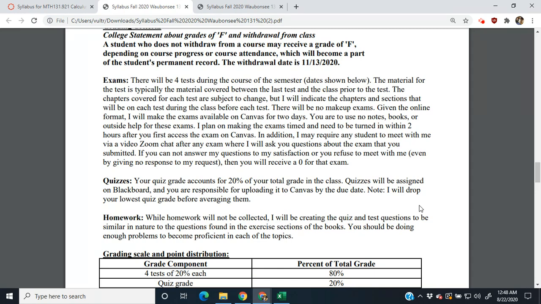There should be some sort of timing factor when you first download it, or I may be able to get it so that you can take it within there, but I don't know how well the essay is going to work. You may have to type in LaTeX, and that may not be easy, so I certainly shouldn't require that at this level. At any rate, you're going to download it, take the exam, then upload it. These exams should take about an hour, hour and 15 minutes in general. I'm going to give you 2 hours for the technology stuff.